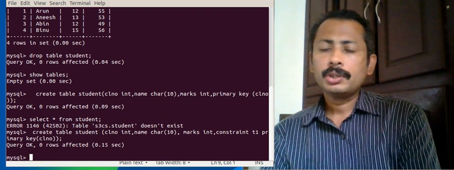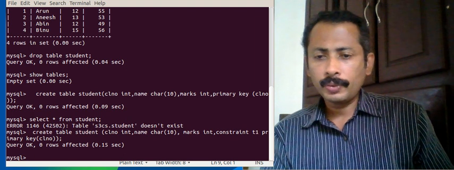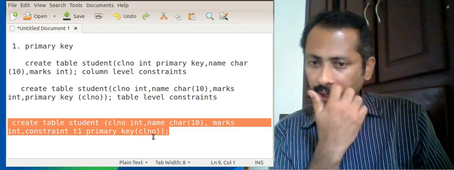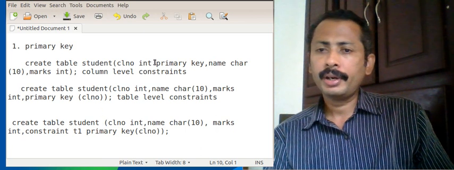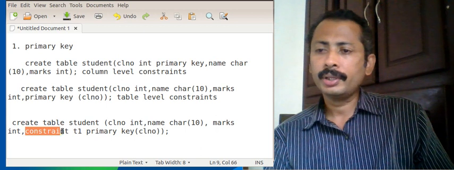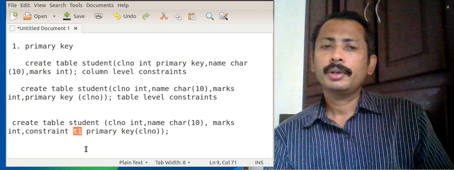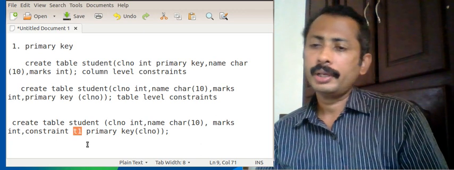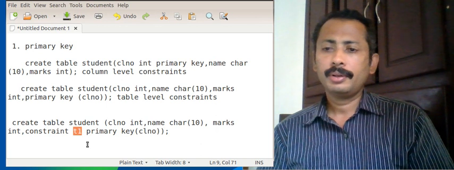Here also it shows query, and the difference between the previous one and this one is that here we have a name for this constraint. Here we don't have a name, but here the name is T1. So what is T1? T1 is the constraint name of the primary key set.